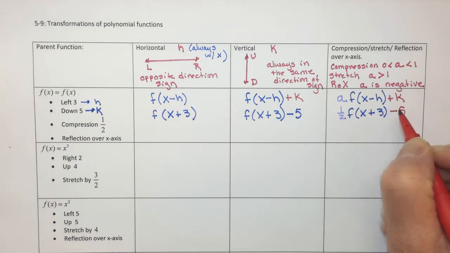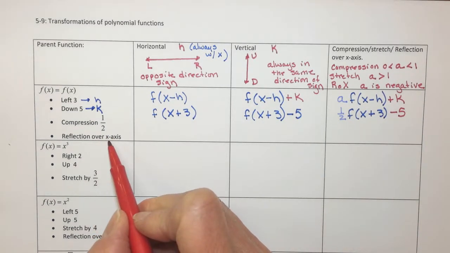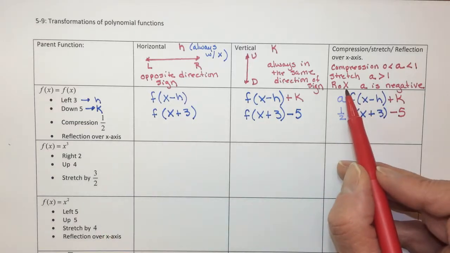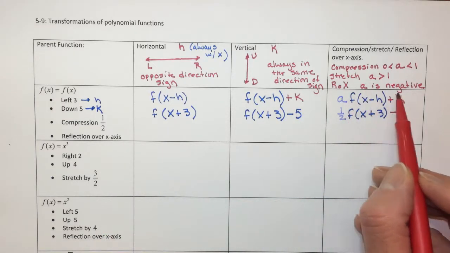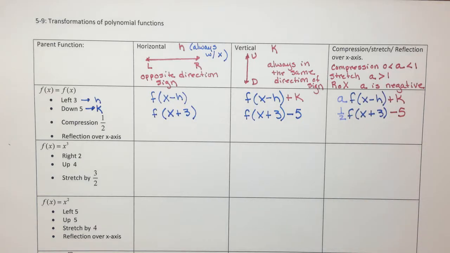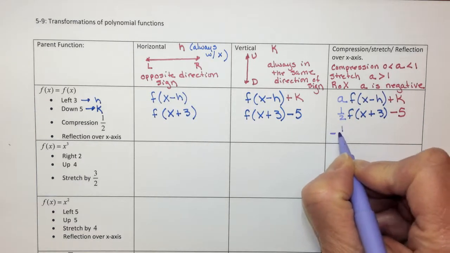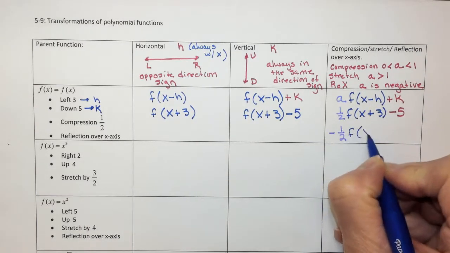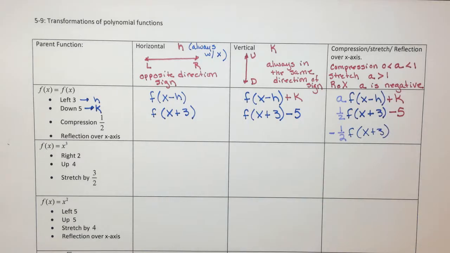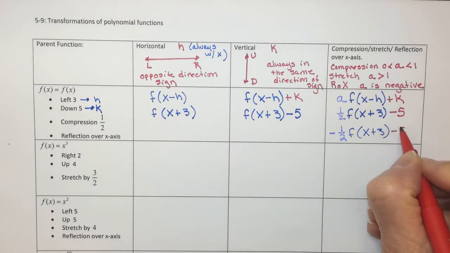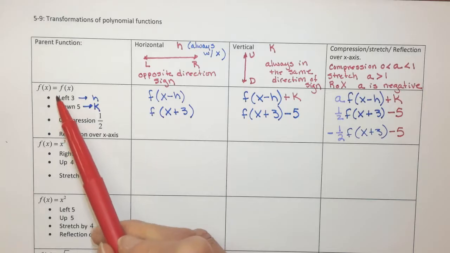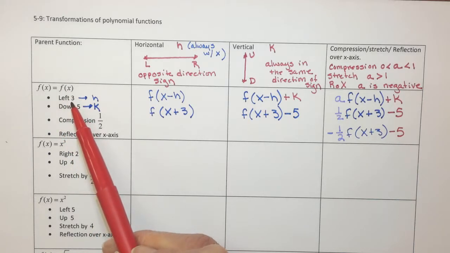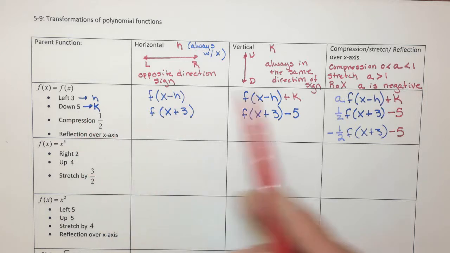Okay. There's one more thing, though, because we have a reflection over the x-axis. So to have a reflection over the x-axis, my A must be negative. That means that this is going to be -1/2 times my function form, whatever that is, -5. So if I want to take my function and transform it so it shifts left 3, down 5, compression by 1/2, and reflection over the x-axis,